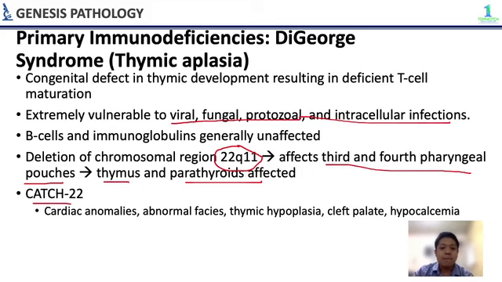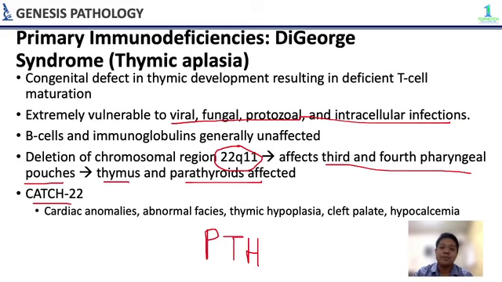So, catch-22, yun yung parang mnemonic for DiGeorge syndrome kasi chromosomal region 22, and it stands for cardiac anomalies, abnormal facies, thymic hypoplasia, cleft palate, and hypocalcemia because the parathyroids are responsible for increasing the blood levels of calcium using parathyroid hormone or diba PTH,